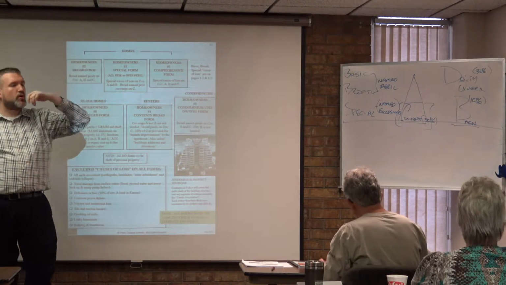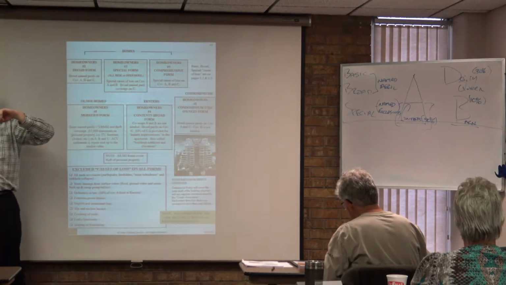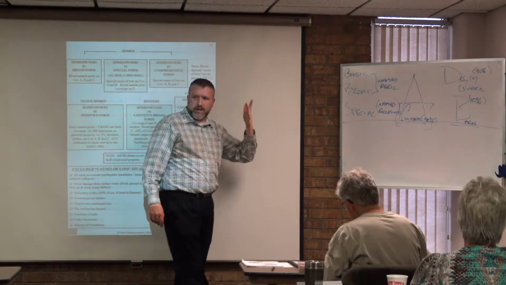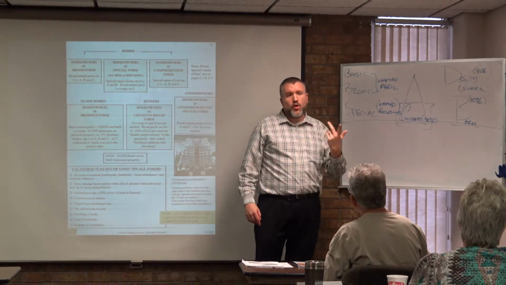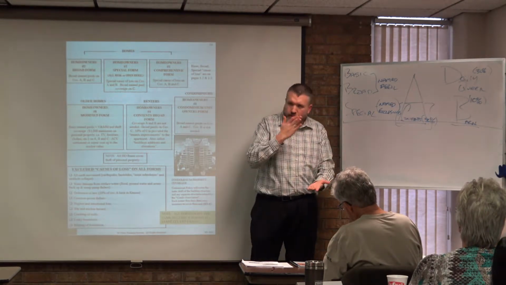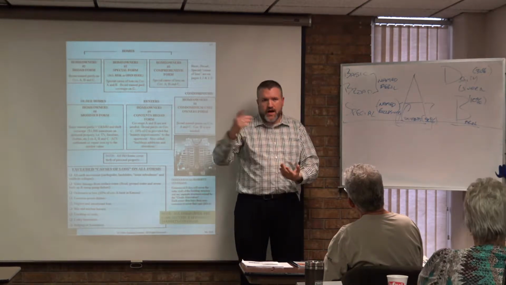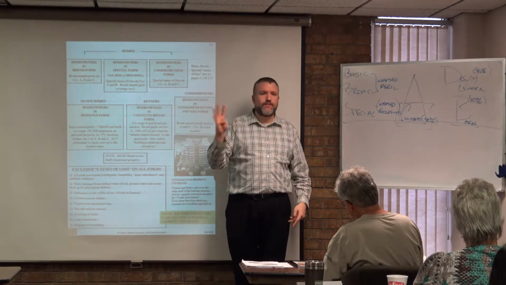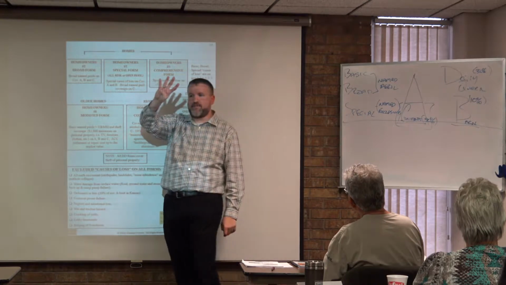Jumping down to the renter's form. 2 different ways we can think about this one. How many letters are in the word rent? 4, R-E-N-T, sometimes people remember it that way. Or remember another way I told you I wanted you to remember this is contents broad form, right? Because all that matters is your contents. Not the dwelling, not the other structures, you don't own that stuff anyway, but contents broad form. How many syllables? 1. HO4.